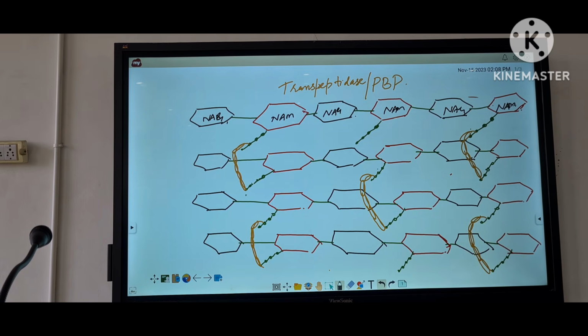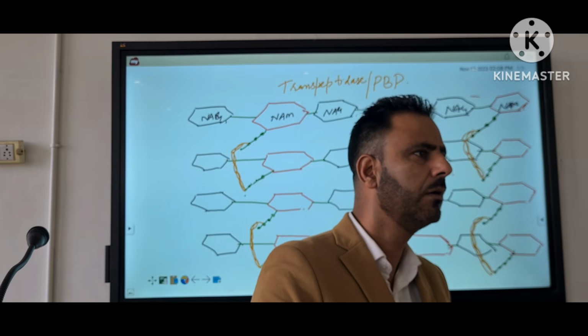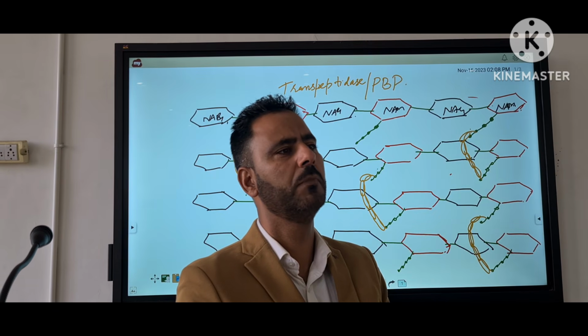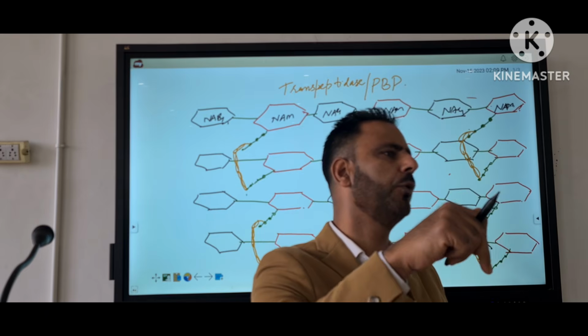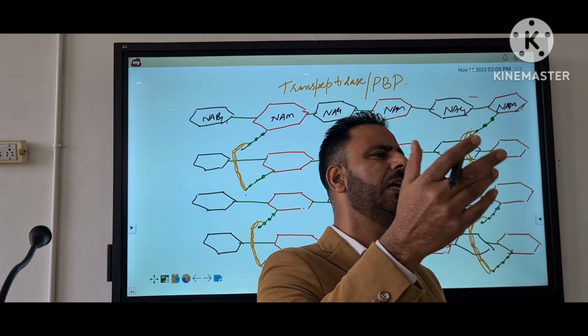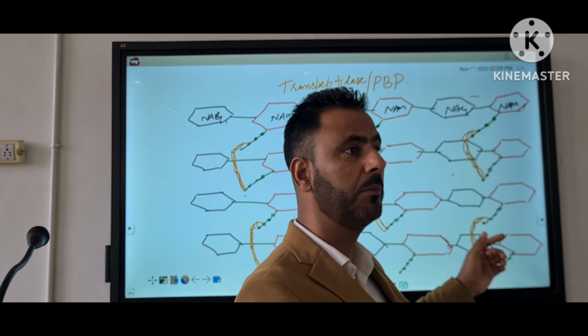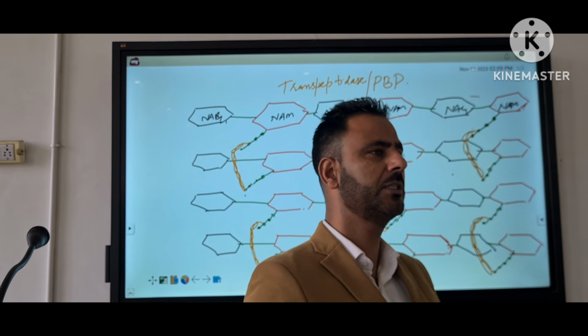Pentaglycine interbridge is present in gram positive bacteria, while it is not in gram negative bacteria. It does not matter. I am telling you peptidoglycan. You are telling me suppose 3 with 4. But in another case you say even if these are 4 amino acids, it may be 5 amino acids as well. There may be a repeat chain of one alanine more. That's not my concern. My concern is